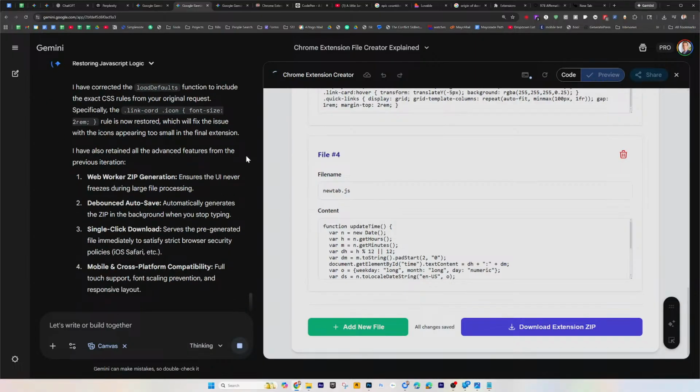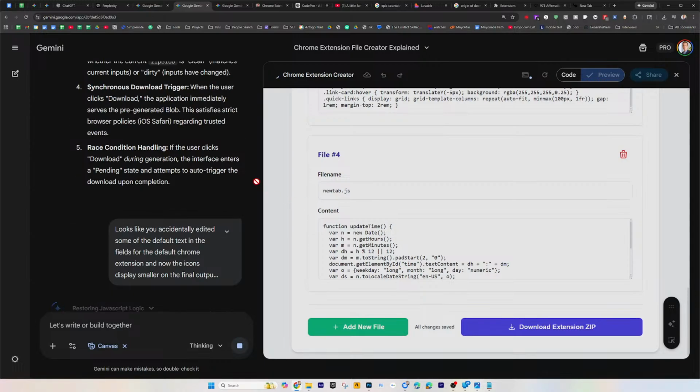There has to be a little bit of a balance, though, because we're wanting a change to be made, but we also want some of the things not to change. That's always a risk when it comes to making edits with a large language model, and probably with a human coder as well. They may have to make changes because of the way the new functionality works, or they just forget that things were a certain way and code gets changed by accident. I'm not sure what's the case in this particular instance, but